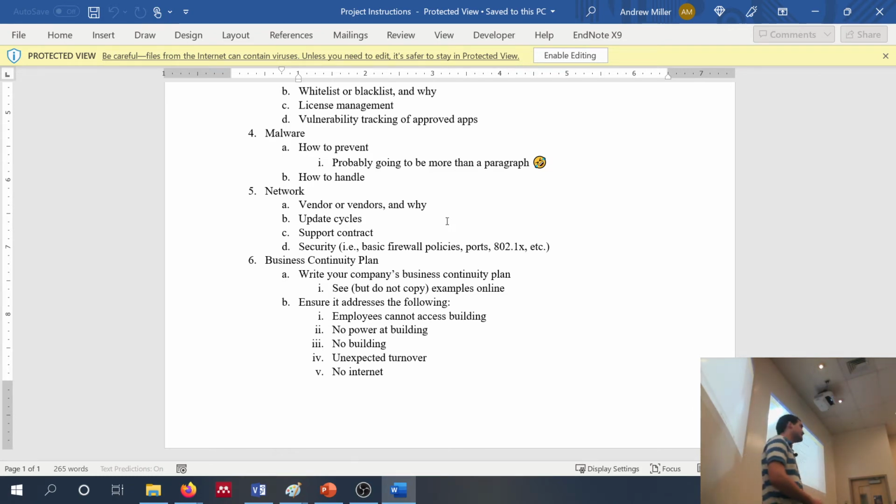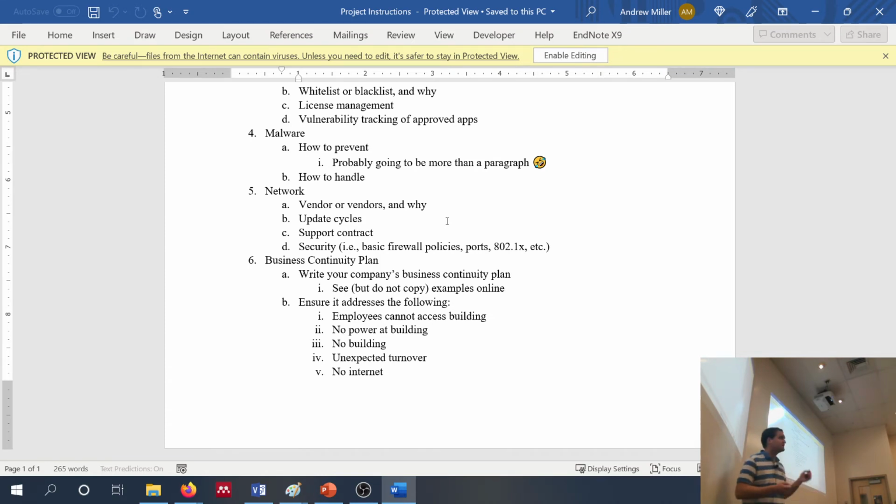Exactly right. Okay? So like Patrick was saying, we're going to have a lot more than that goes into preventing malware. Okay? We're going to have a strong firewall. Okay? We're going to have strong administrative protections. All right, those are just some of the things. So again, that's probably going to be a couple paragraphs because you're going to have to address the network aspect. You're going to have to address the endpoint. You're going to have to address the user. You're going to have to address everything. Probably not going to be more than 3 or 4 paragraphs though, right?